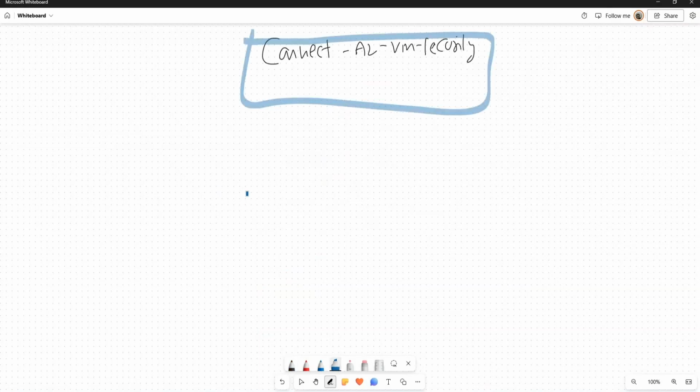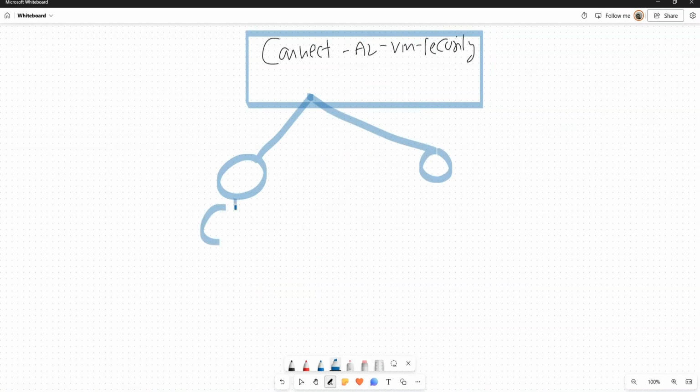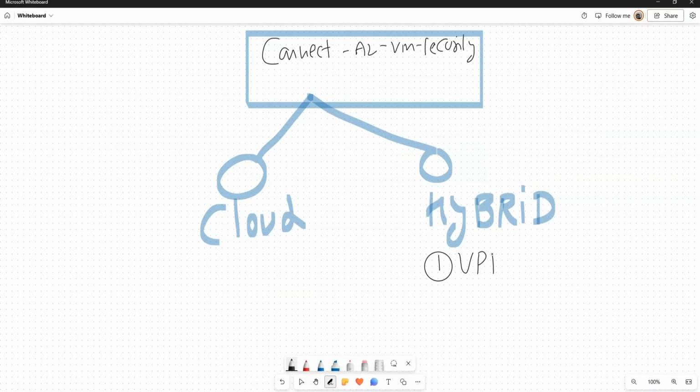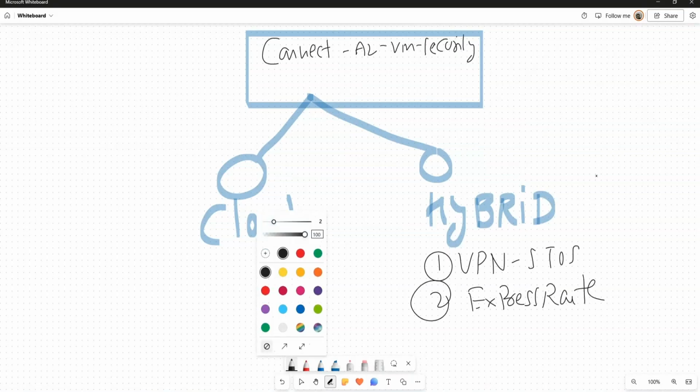I divide this into two scenarios: cloud scenarios and hybrid scenarios. Hybrid means VPN services, site to site, and one more service we have is ExpressRoute. What is VPN services? In short, this is not our topic today.